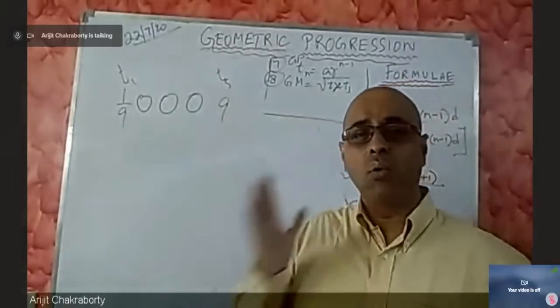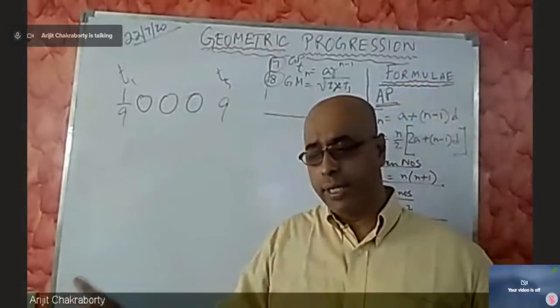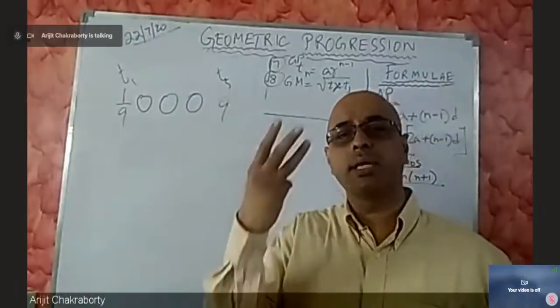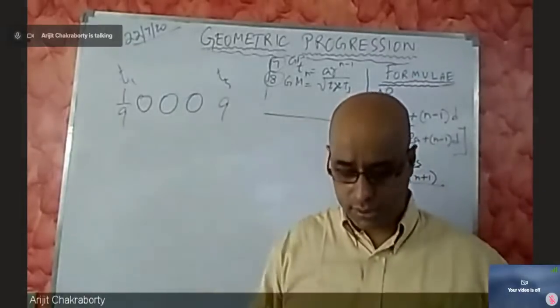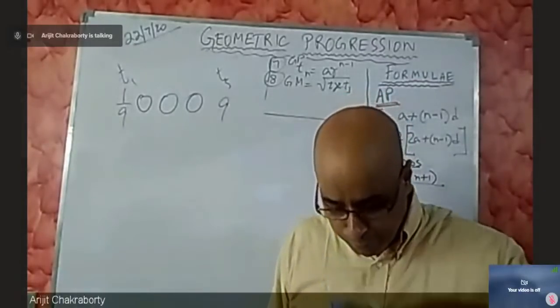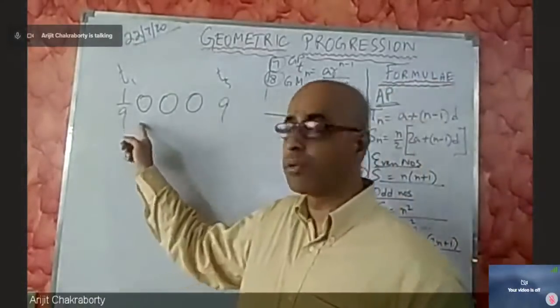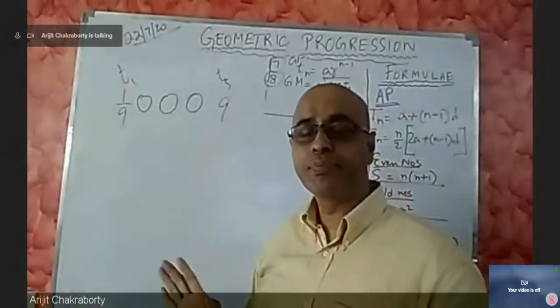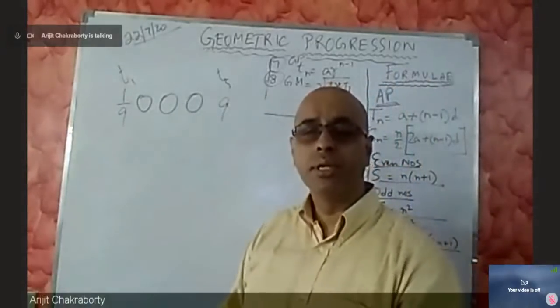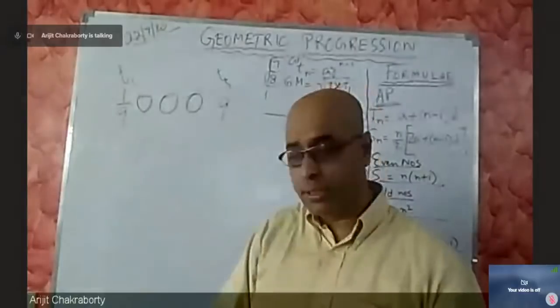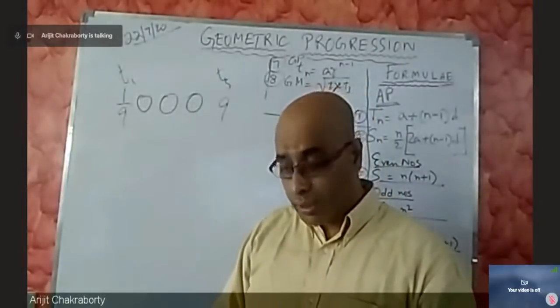Simple question: 1 by 9 and 9. In between them, you have to insert 3 geometric means. Okay, so how do we do it? We have brought 3 circles here, indicating 3 GMs, 3 geometric means. Now the question is,